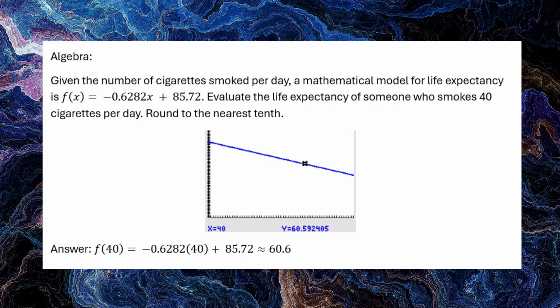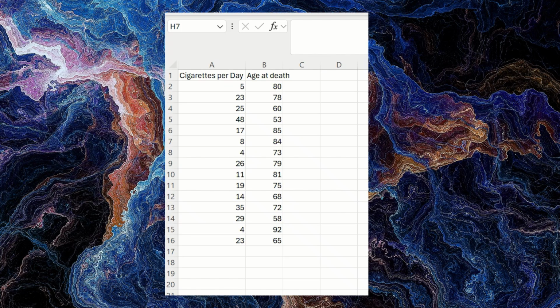Notice how this mathematical model has the y equals mx plus b kind of a setup. Have you ever wondered where the mathematical models come from? Where did they get these numbers? Well, the answer lies in statistics, and we're going to use some technology today to figure out how to do that. I'm going to start with Excel first because I can fit all of the data on the same screen. So pause right here